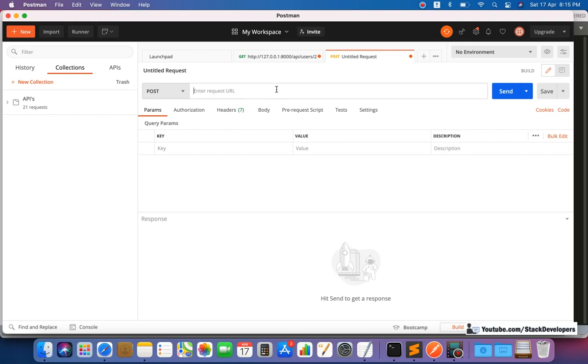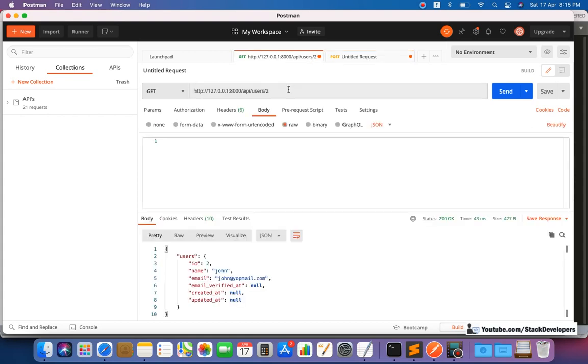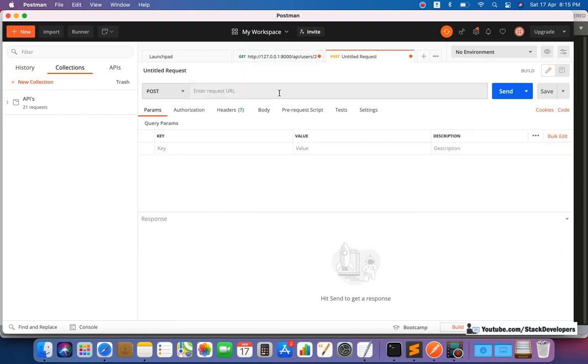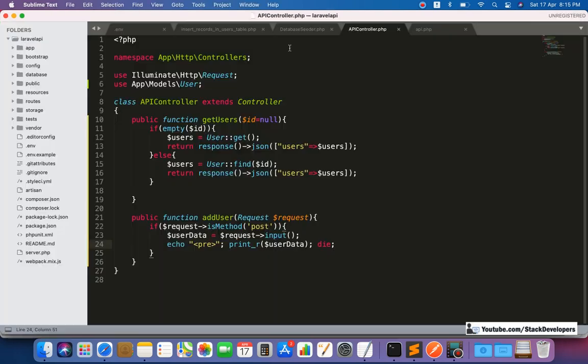Okay, so here in Postman, we are going to create the Post API, like we have created here. So here also I'm going to copy this one, and we have already created its name here.